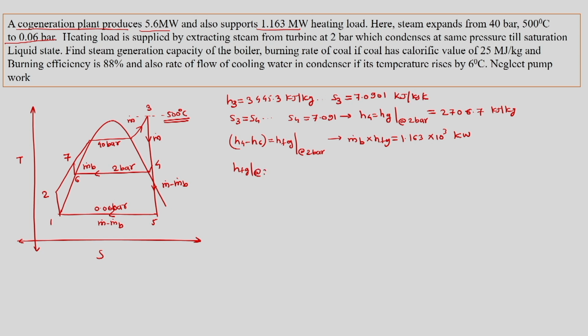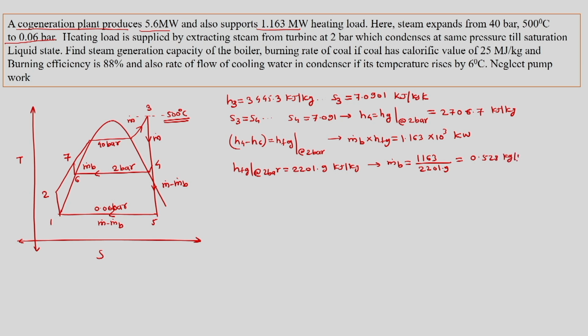HFG at 2 bar is equal to 2201.9 kilojoule per kg. So m dot b is equal to 1163 divided by 2201.9, and this gives us m dot b as